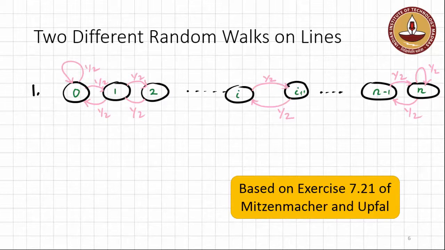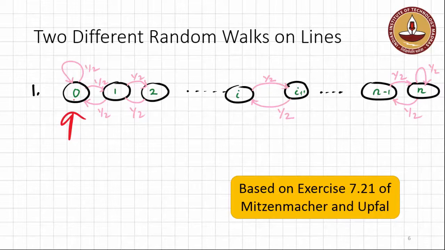With transition probability half, you move forward, and with probability half, you move backwards, except for the two very last vertices, the 0th vertex and the nth vertex, where there's no way to. So, for example, in the 0th vertex, there's no way to go backwards. So we have instead a self loop with transition probability half. So now this is one